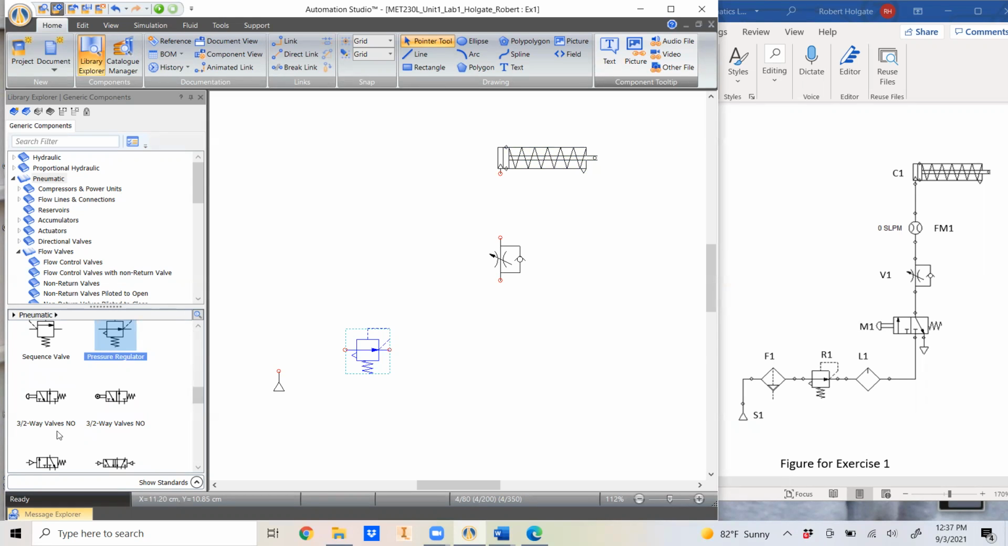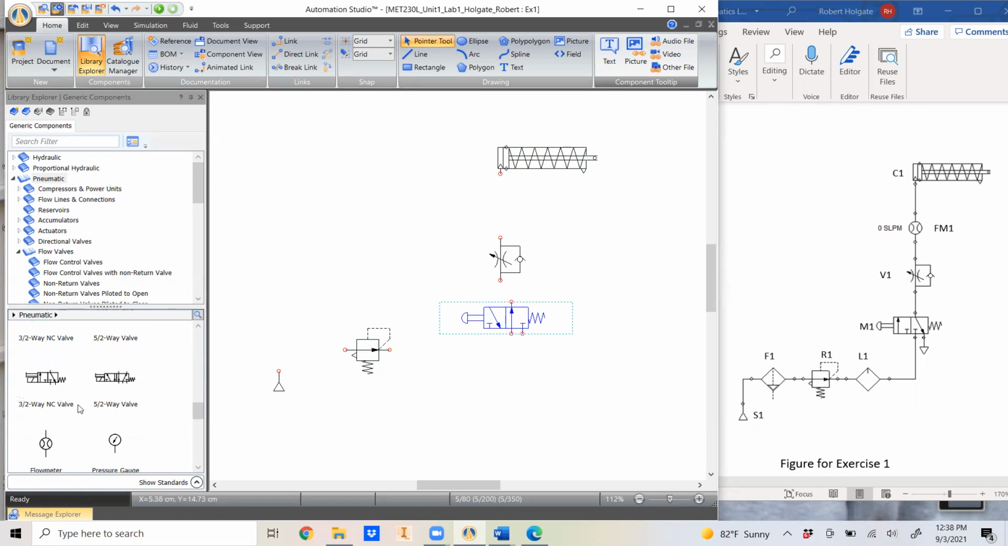Here's a normally open version of the 3-2-way valve. So let's take that and then we can change the settings to make it normally closed. And we're just looking for common pieces right now so that we don't have to search for them. Here's a flow meter. There's a flow meter on top. FM1, it's going to give us a readout of how much air is flowing through the line at one time